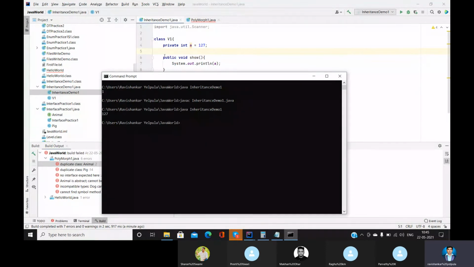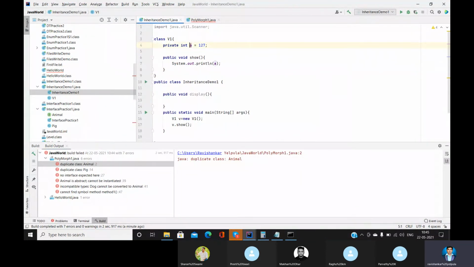Now, variable A was private, which we couldn't access outside the class. This V1 is a class and show is a method of it. And outside the class, what is a different class? InheritanceDemo was a different class. And in that class, within this main method, we have called that particular method. We just tried to call that particular variable first, but it threw an error. But when we try to